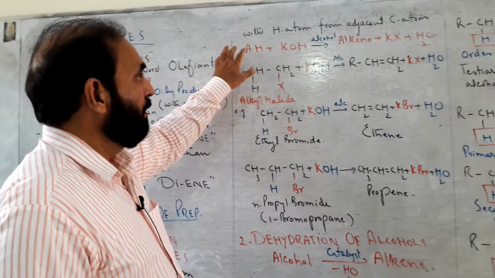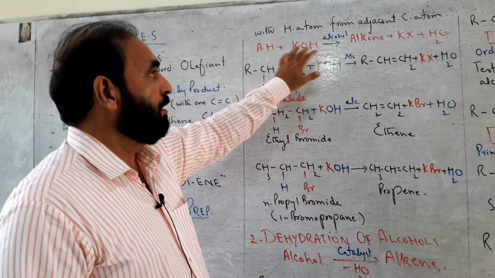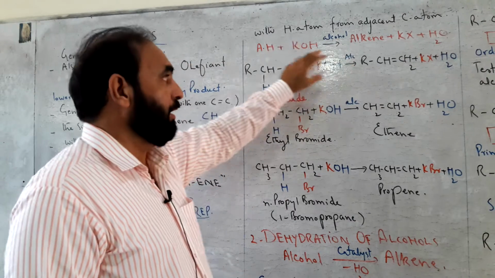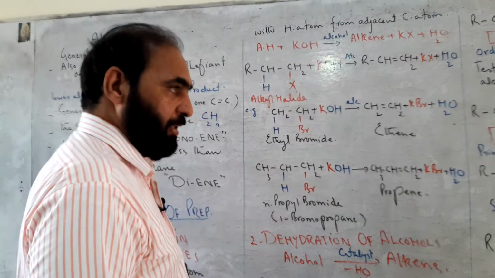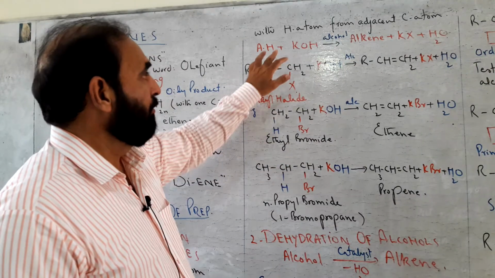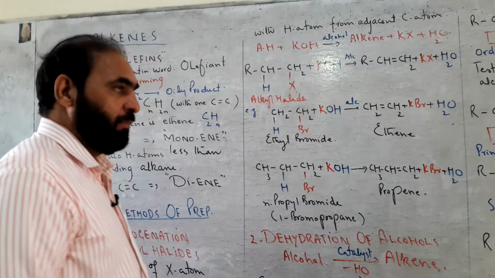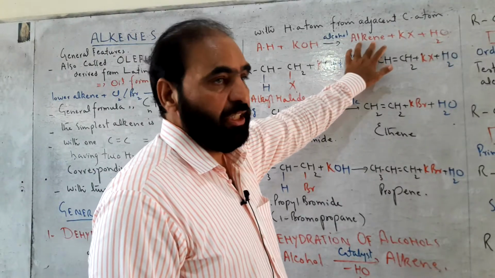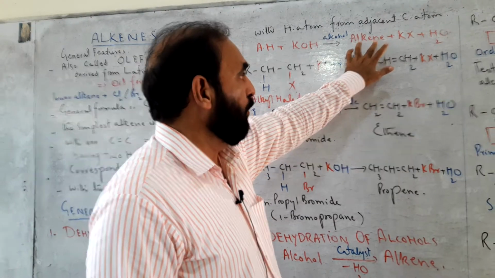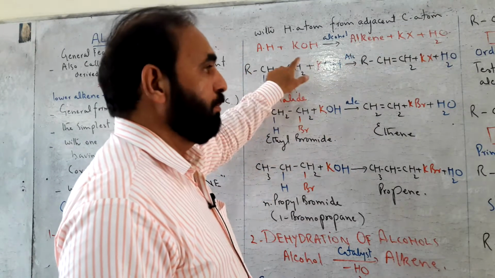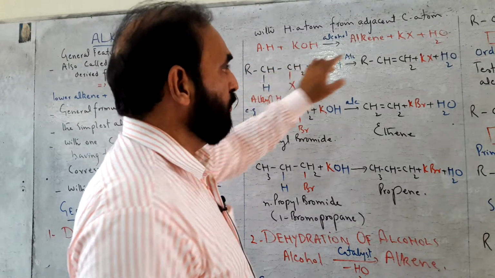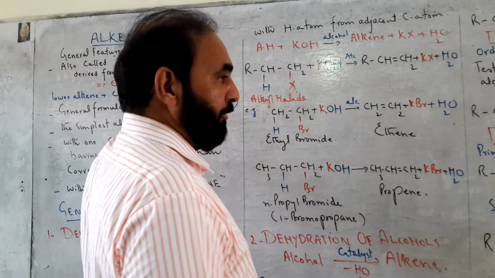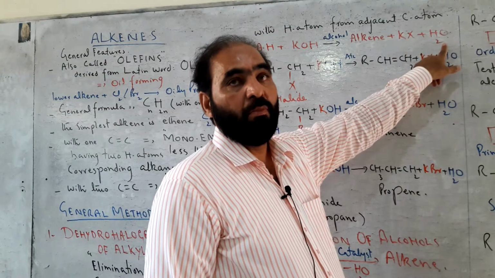Generally, alkyl halides are treated with potassium hydroxide dissolved in an alcohol. Alcoholic medium is used in order to conduct dehydrohalogenation of alkyl halides. With the removal of the halogen atom, together with hydrogen from the adjacent carbon, a C=C double bond is formed, as a result of which we obtain an alkene. Potassium combines with the halogen atom to form potassium halide, and OH combines with the hydrogen of the adjacent carbon to form H2O, water.